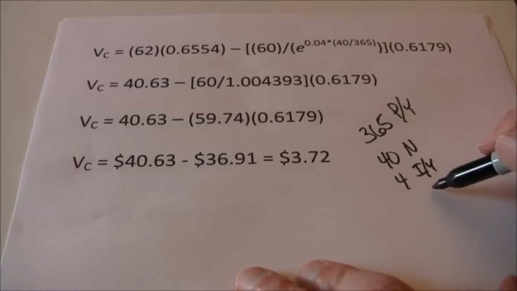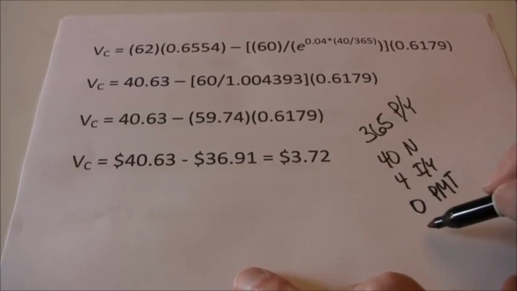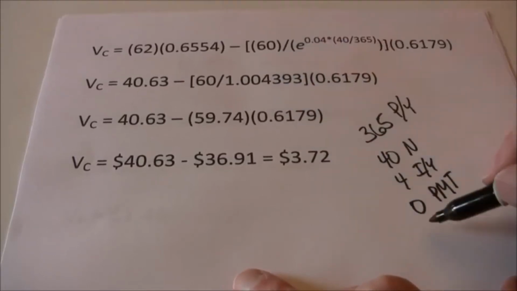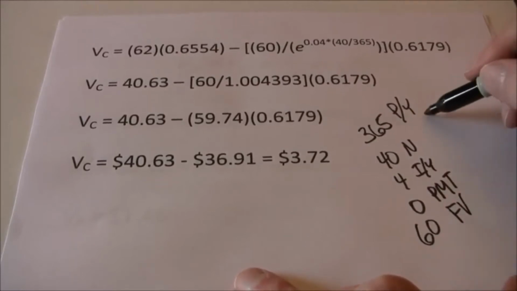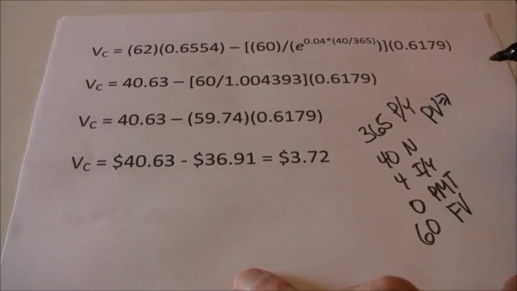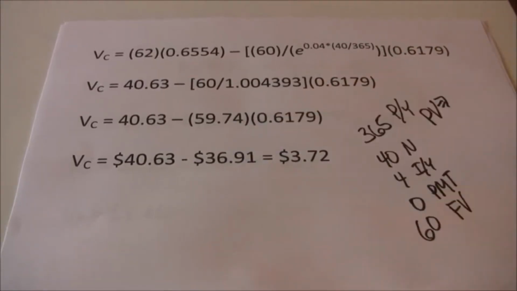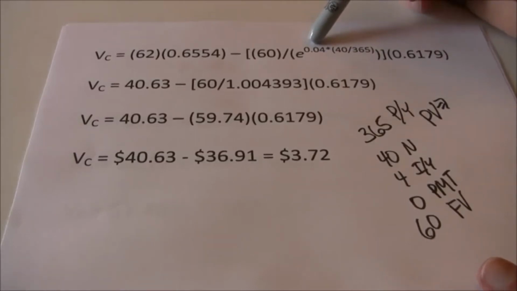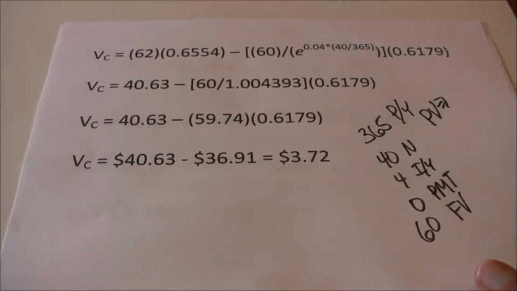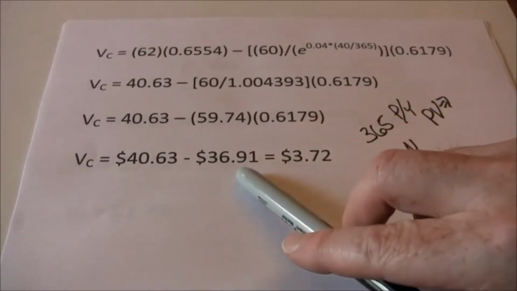The payment, there's no annuity stream here, so we're going to zero out the payment, and then we'll enter our future value, which is our strike price of 60. Solve for PV, and that should come up real close to the 59.74. My guess is it's going to be within a penny of that 59.74, because all we're doing here is finding a present value using continuous compounding. Daily and continuous compounding are going to be very close. So 40.63 minus 36.91